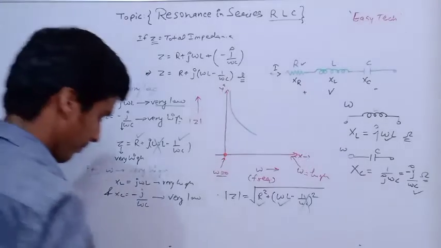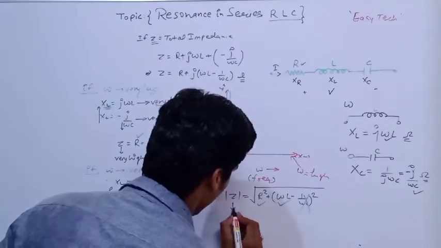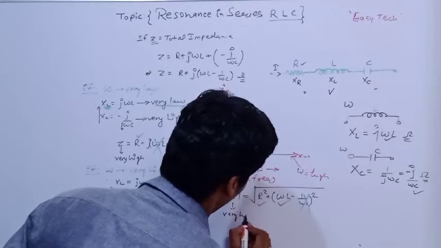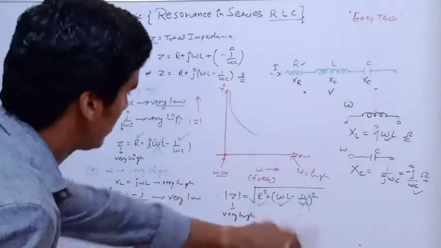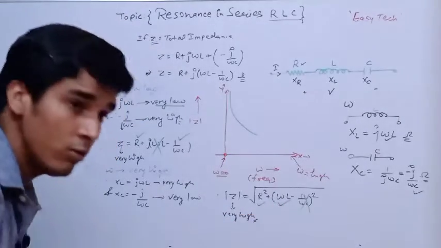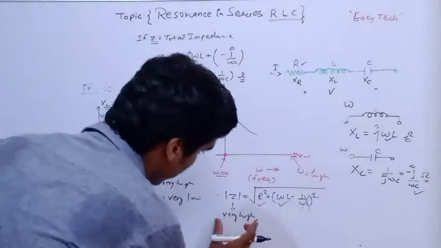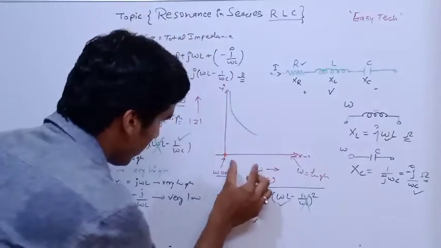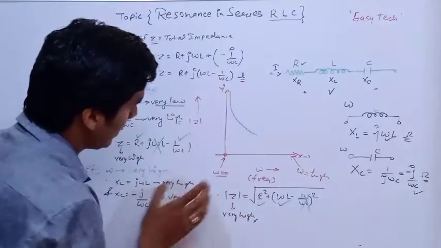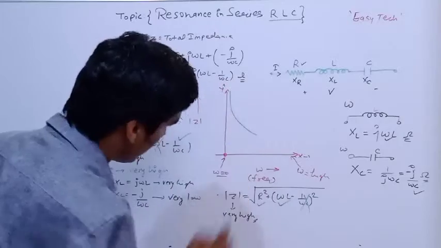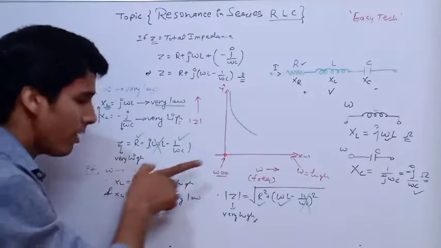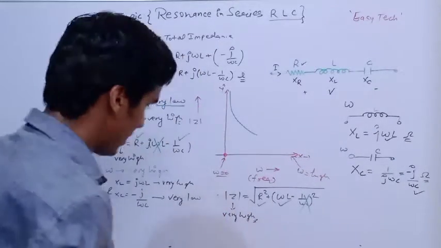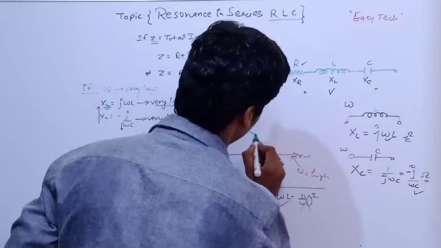And for this R and L, we know that the Z value again will be very high. Why? Because the R value is constant, but the omega L term will be very high. So in that case our impedance will be very high. This circuit behaves like this: when omega is very low, the impedance value is very high. If we increase the omega value, it decreases. Now if omega tends to infinity, if omega becomes very high again, in that case Z again becomes very high. That means the graph will always look like this.